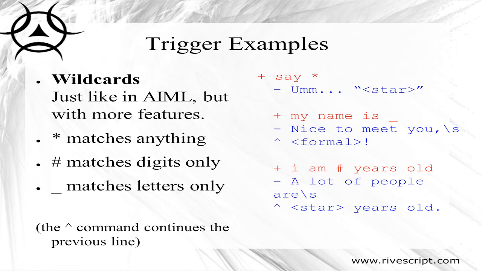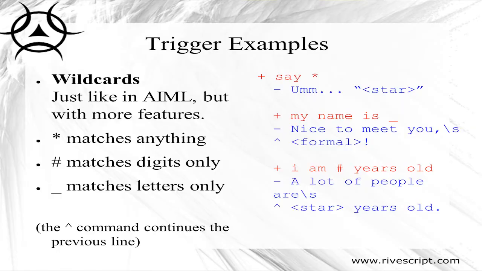And so you can have, like over here, I am number years old. You could also have I am underscore years old, and then the bot could tell you, can you say that again, but with the number this time? And you see on the syntax examples here, there's a caret on some of these. The caret command continues a previous line. So if one line of code isn't enough, or you want to just space it out so it's easier to read, you can use a caret sign. And that \s character there just inserts a space, because when the caret joins 2 lines, it doesn't imply a space between them. So you need to put a space in explicitly.